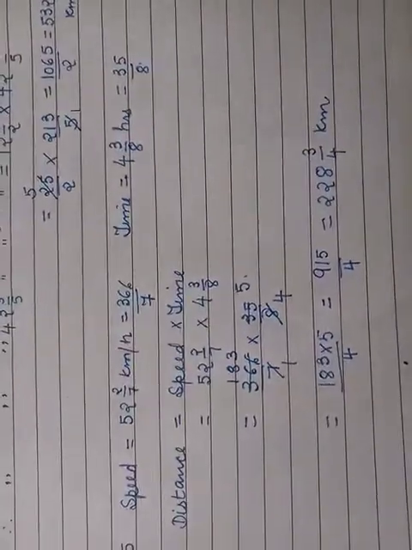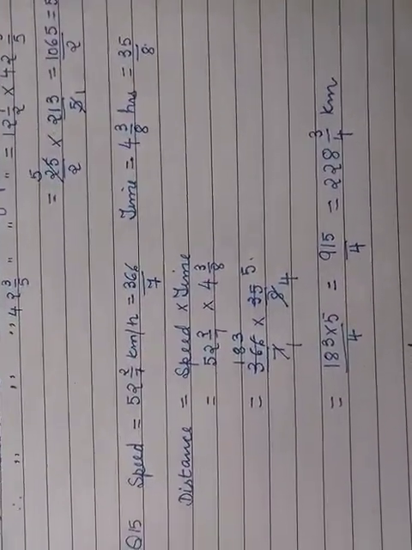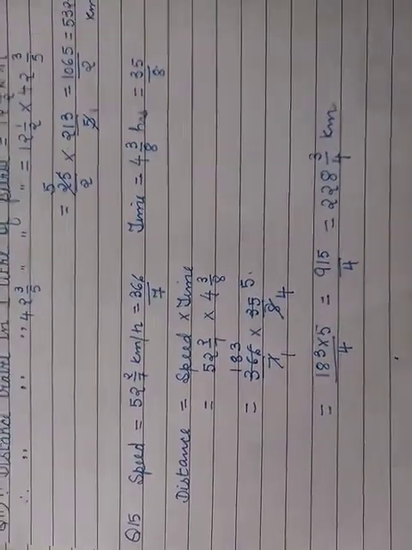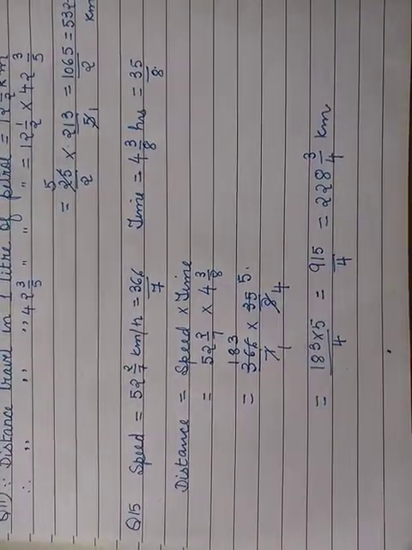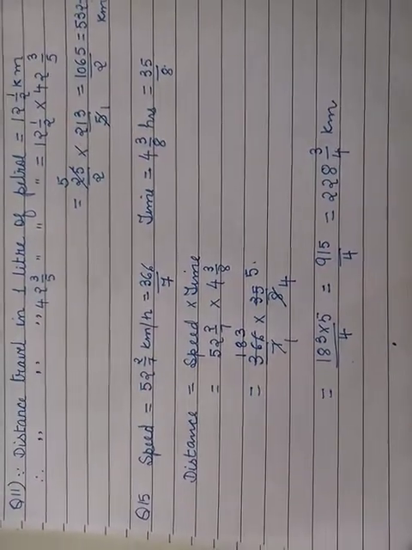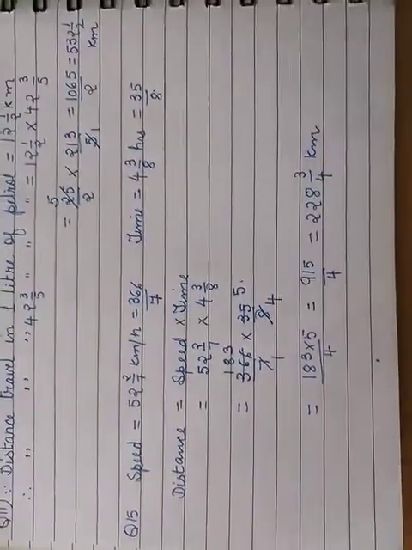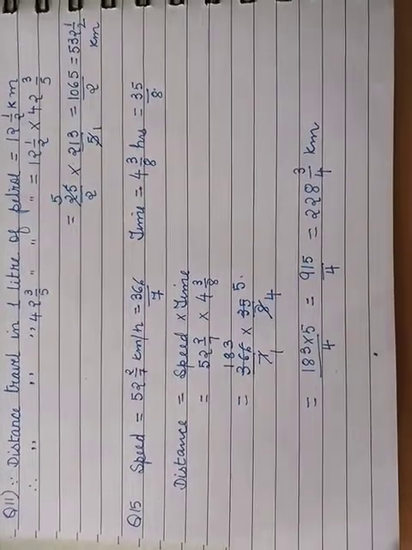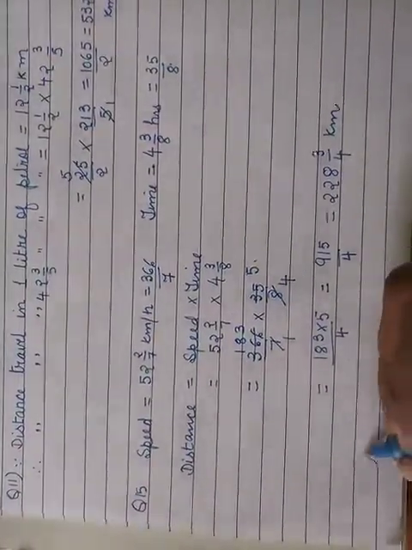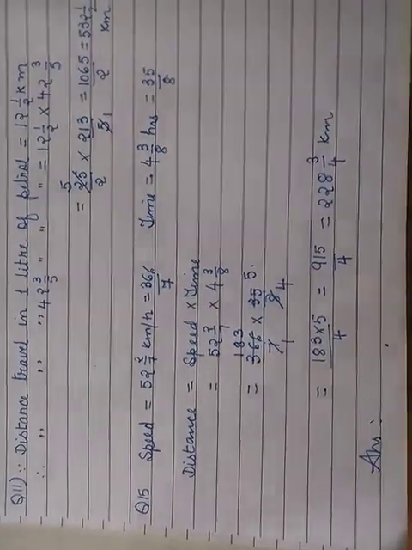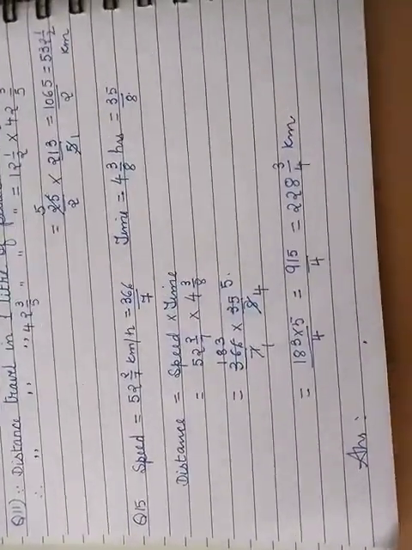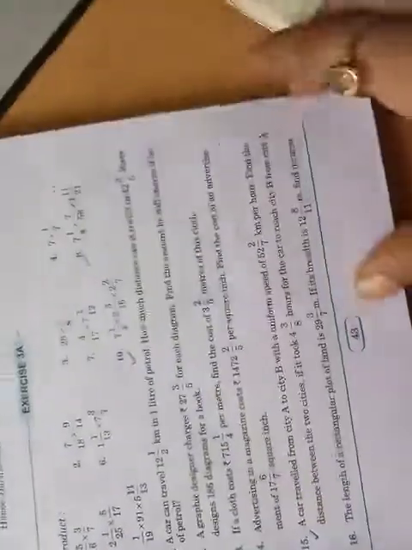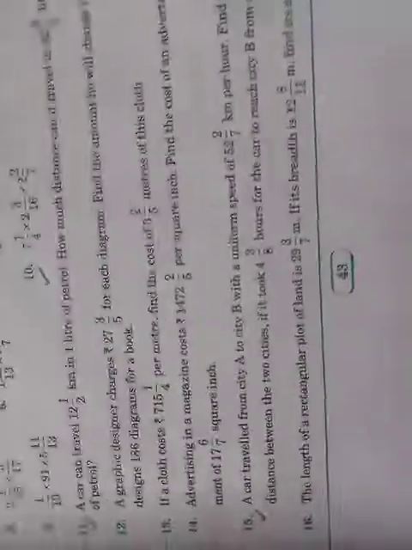Before you write the speed and time, do check the units of time and speed. If speed is in kilometer per hour, time should be in hours. If the speed is in meter per second, time should be in seconds. As speed was in kilometer per hour and time was in hours, the distance is going to be in kilometers. So the answer line, you can write on your own. Okay children, hope you have understood exercise 3A. I discuss question number 16 just verbally with you.